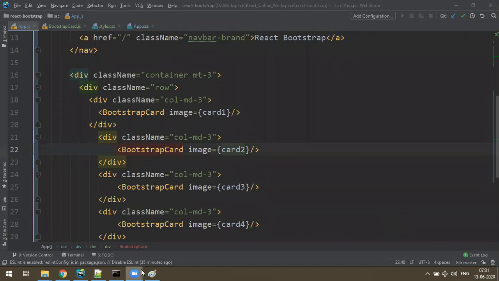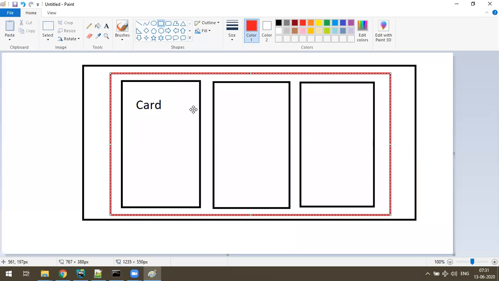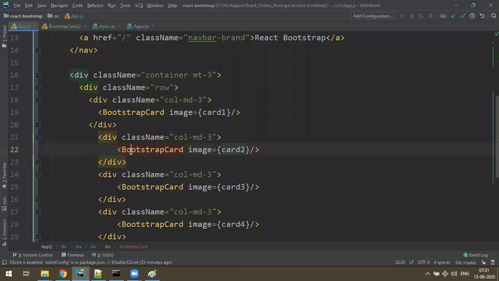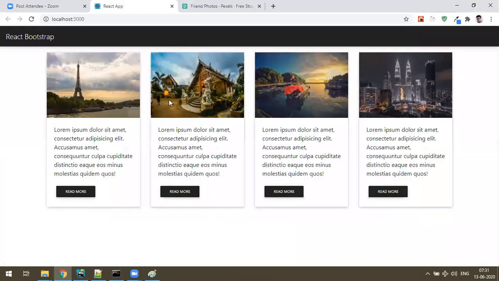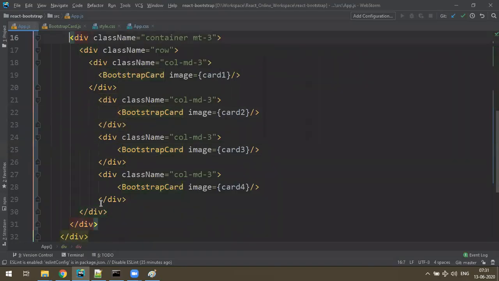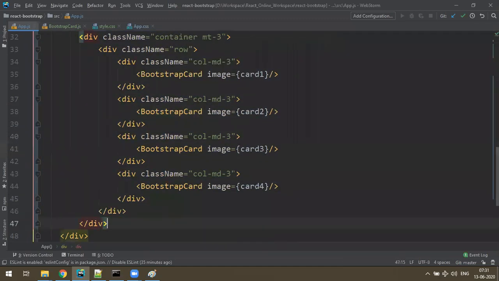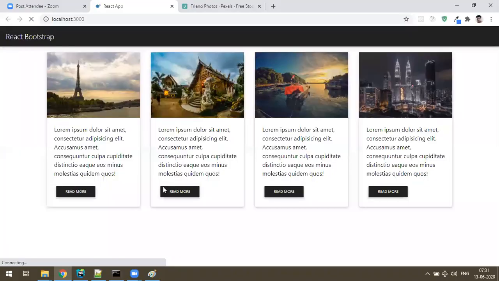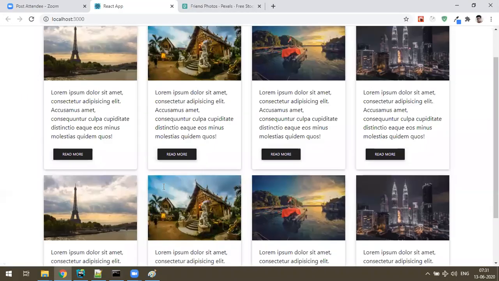See, why I wanted to create a new component over here is, suppose I wanted to create one more row. What you do? This is one row, right? You want to create the same row again, the same four cards one more time. So what you have to do? You just have to copy this whole container and then paste it. So what happened? This much code gets in the next row for all the cards.